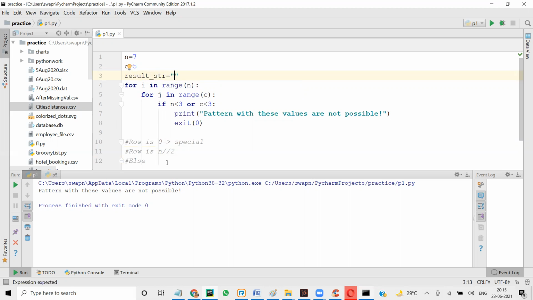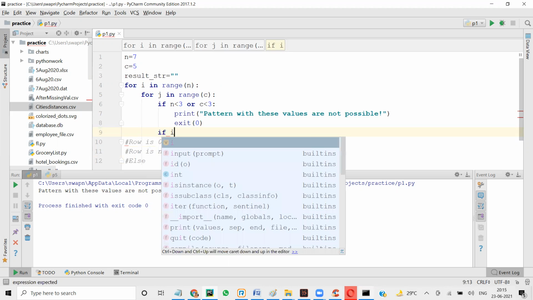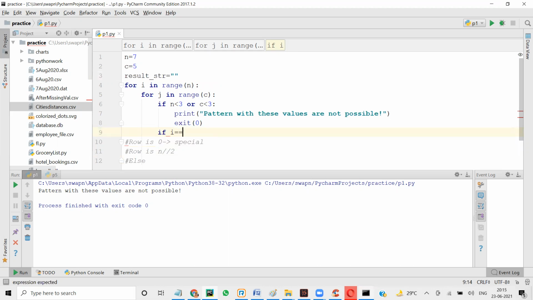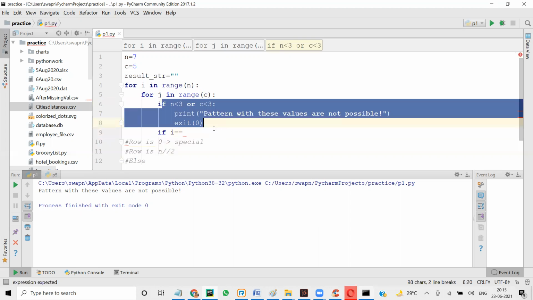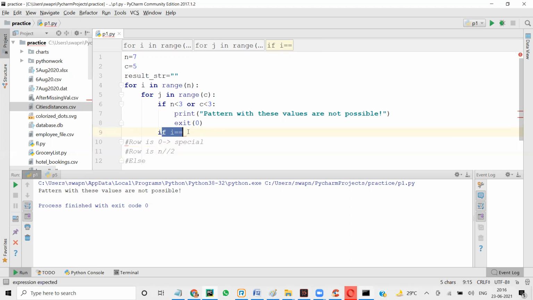Now, if you want to write multiple conditions, it's fine. When I write if here, this is one condition and this is another condition. So yes, I can do elif also and add a second condition.